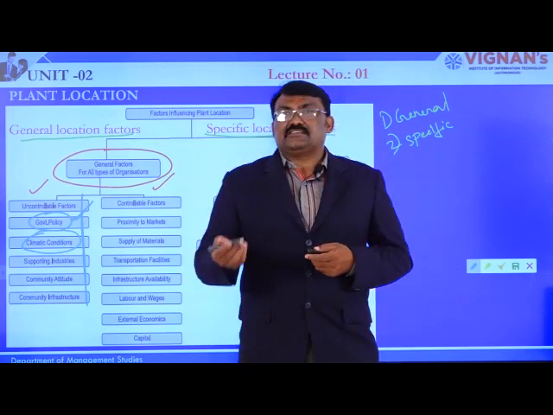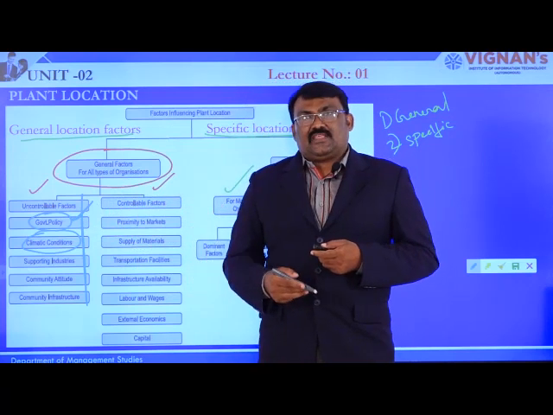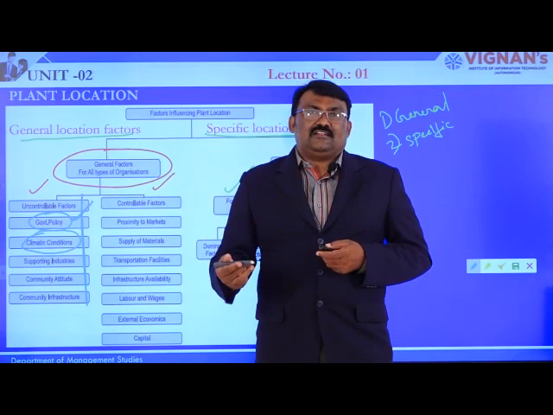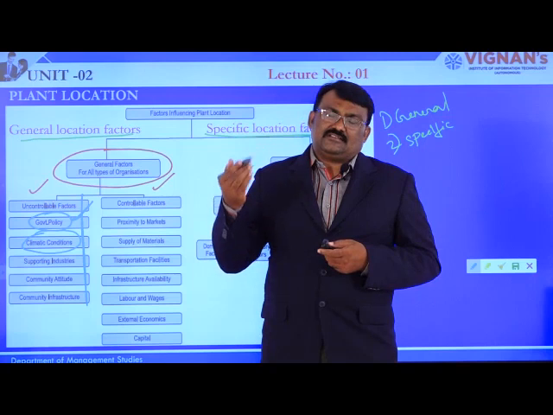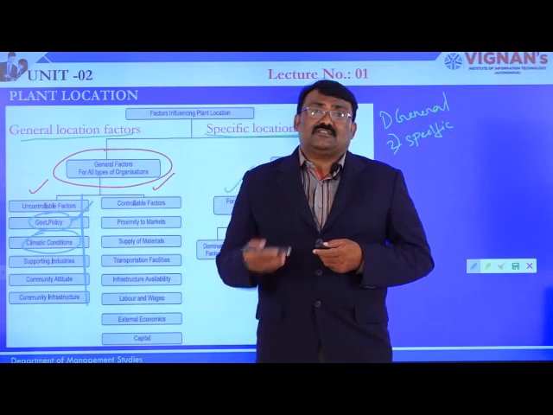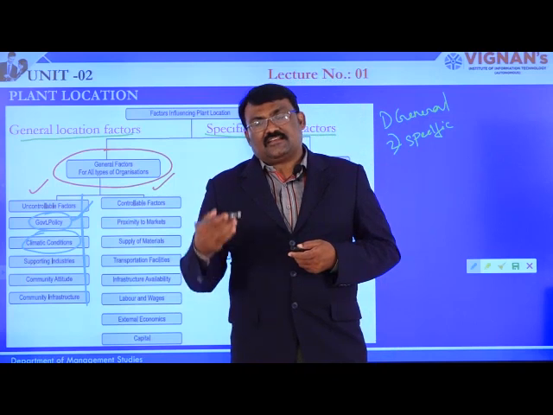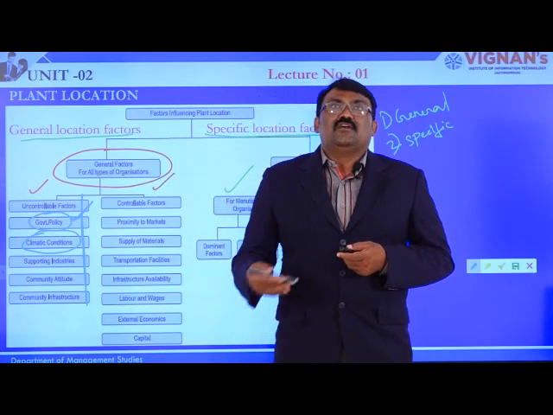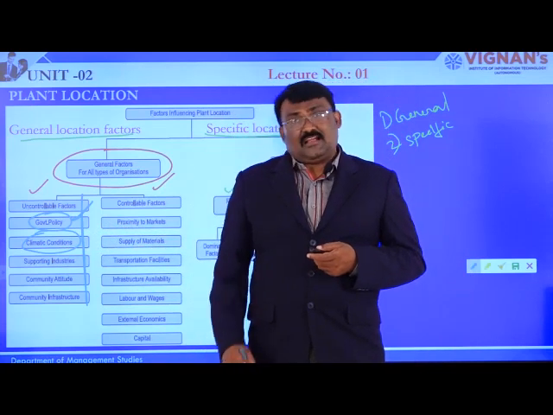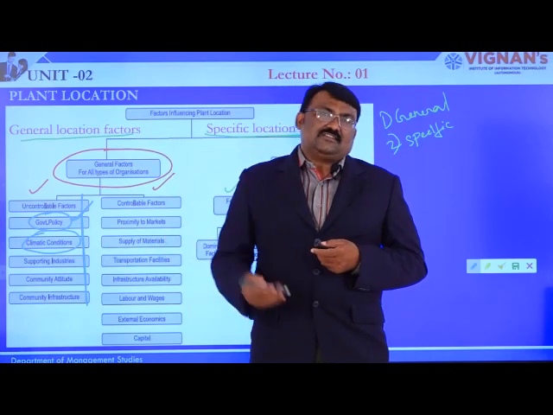For example, on the seasonal side, if I take the steel industry, during the rainy season the sale of steel normally gets reduced. Why? Because it becomes difficult to carry out the construction of infrastructure. So it becomes difficult in that particular climatic condition, and the sales to that industry will come down during that season.